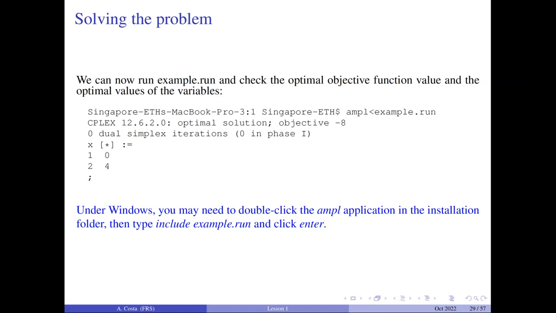The reason why I chose Ample is not because it's the best or the most performing. If you really are interested in having high speed, high efficiency, maybe you need to write directly the code in C++ and call Simplex directly with that.